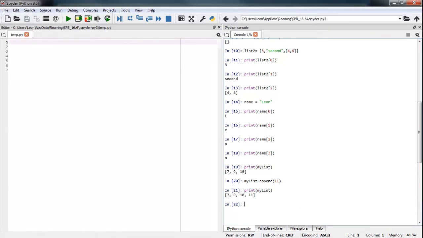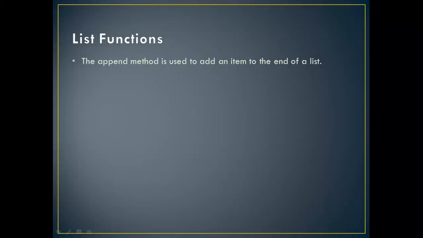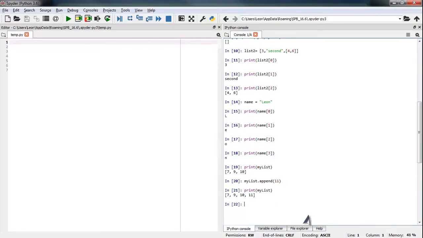So append is to add to the end of the list. Then you have the Len function. The Len function can be used to get the number of items in a list. In this case, it's quite easy to see 1, 2, 3, 4. However, if you had huge lists, you wouldn't be able to count them, or it would be impractical to count